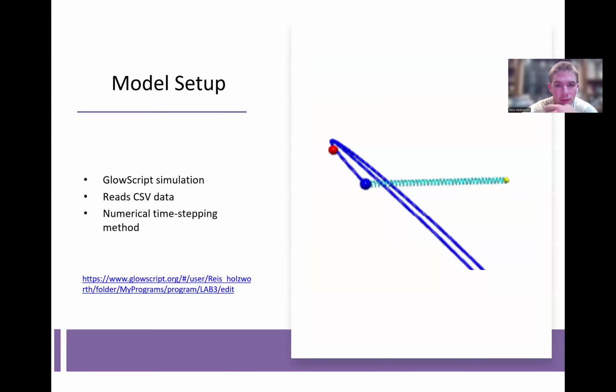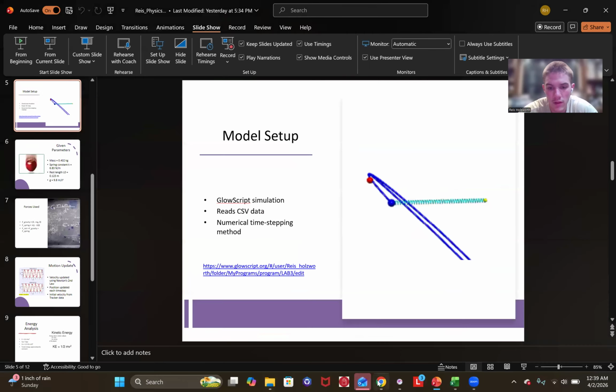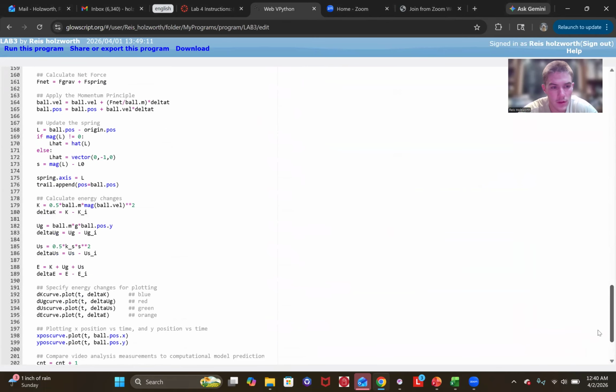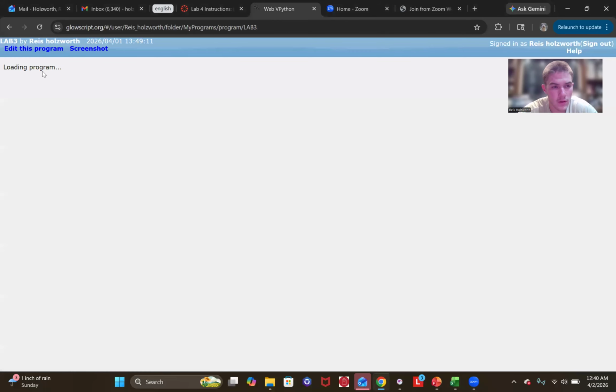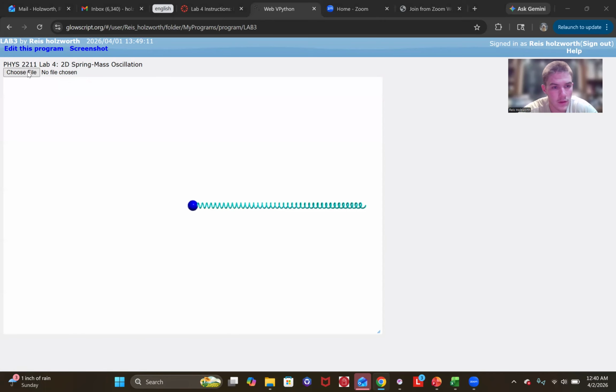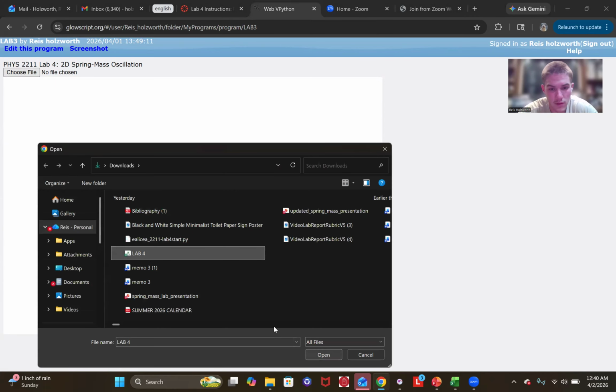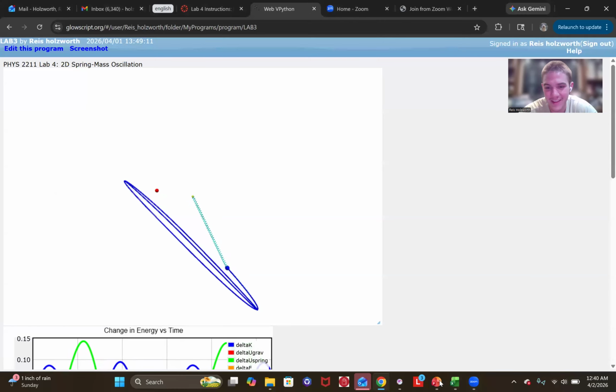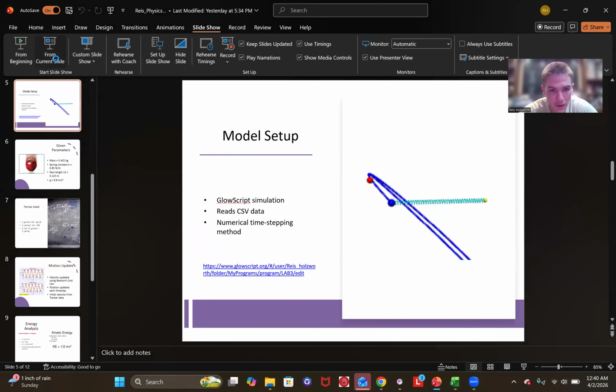So, the model setup. After we did that, we recorded the CSV data, changed our GlowScript simulation, and then added in the numerical time stepping method. So here's a little picture. I can show y'all the actual coding. So here's the actual coding I put in, and then if you run it, we upload the file. You see it oscillates, but once again, my things were a little off. Going back to the slide,